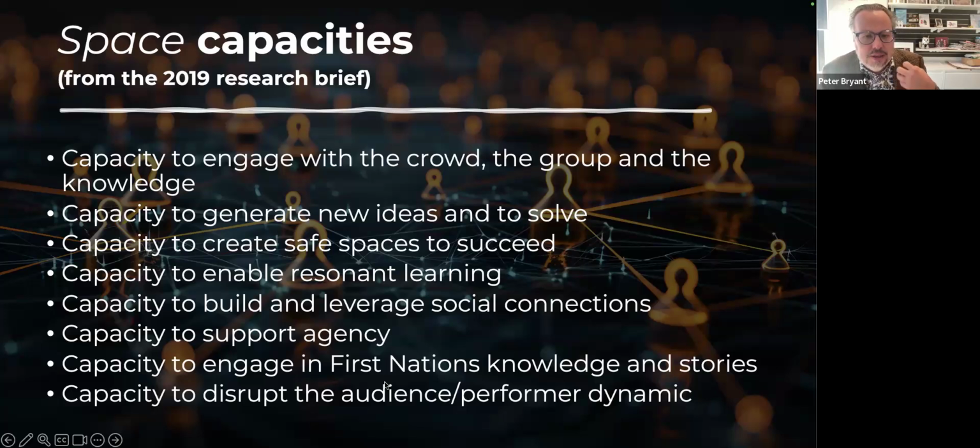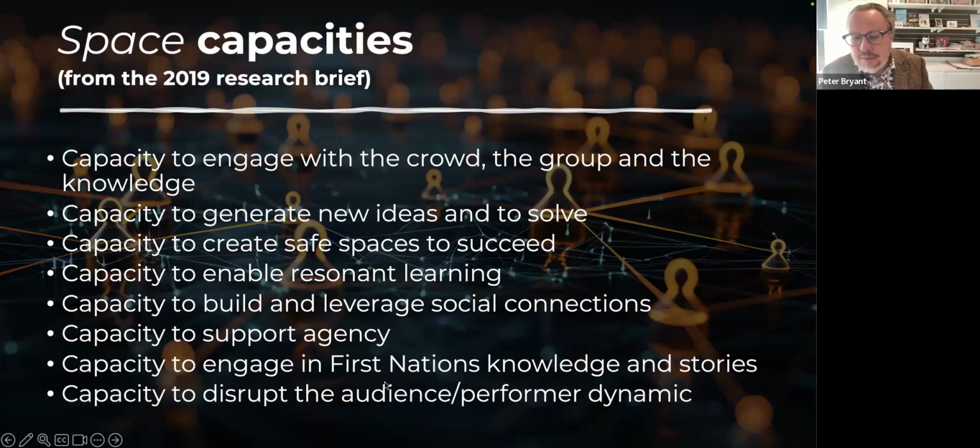We wanted people to actually go past the assessment-of-learning Rubicon and move much more towards learning through assessment and actually having assessment as an instrument of learning. We wanted to enable the capacity to have learning experiences that lasted. We call that resonant learning here at Sydney, but it's very much about that capability of having an experience in the space that you remember, that when you remember it, it helps trigger your memory of what you learned.